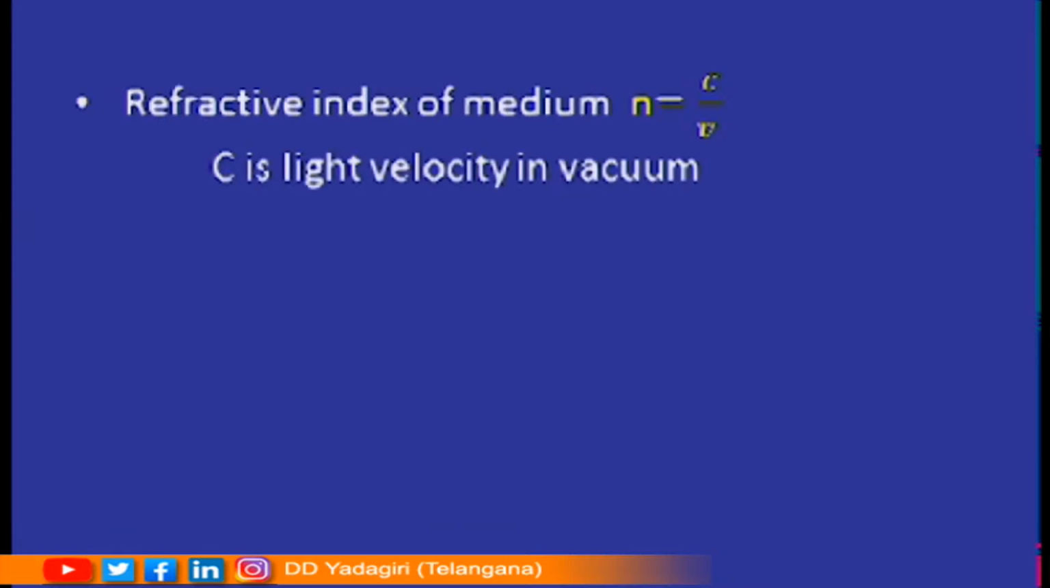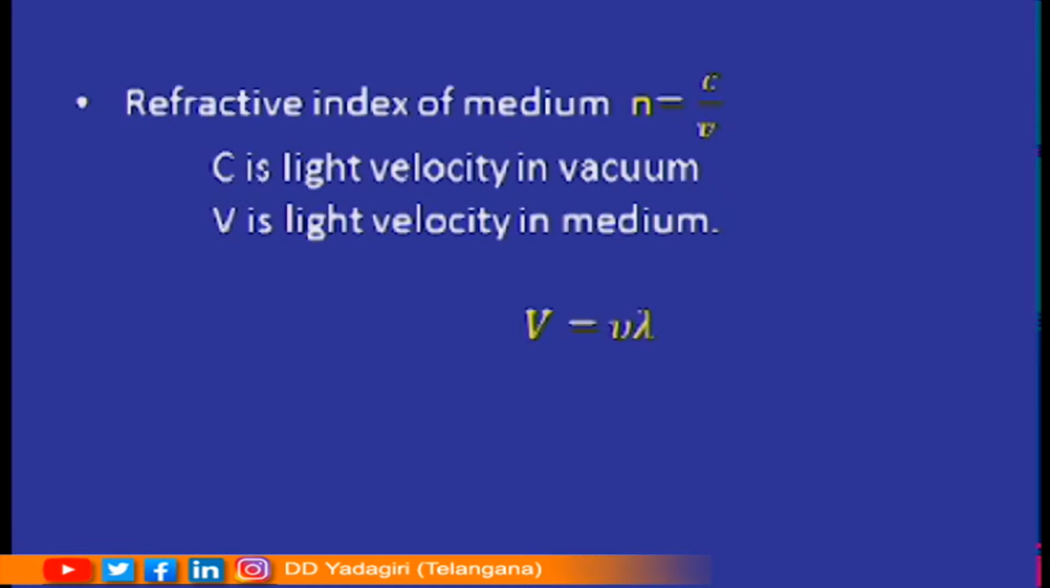Here C is the light velocity in vacuum, which has the value 3 × 10^8 meter per second, and v is the light velocity in the medium. So, we know the wave speed equation v = νλ. When you substitute this v value in the formula n = c/v,